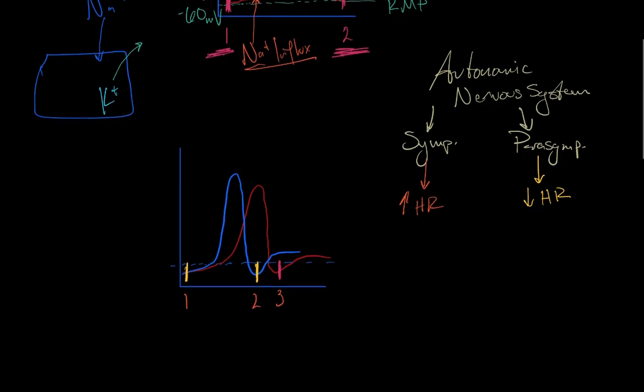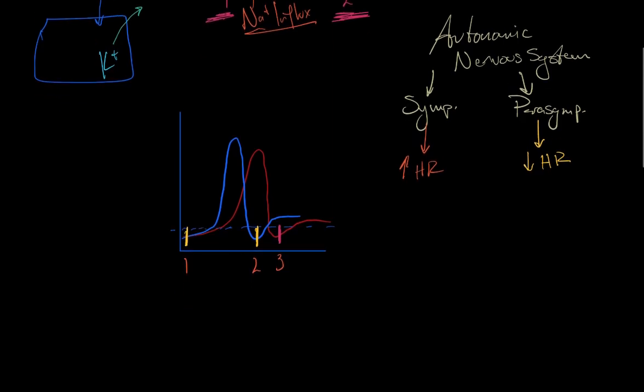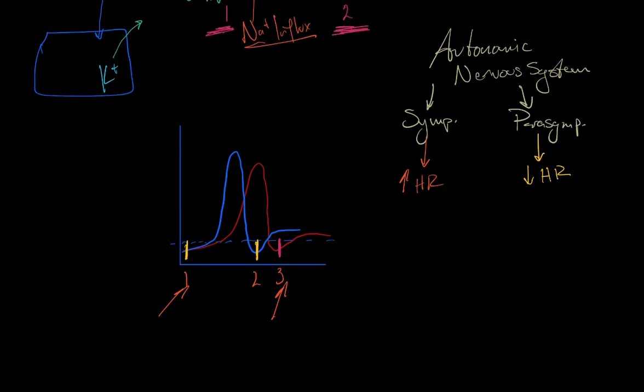Whenever we stretch it out and we go from number 1 to number 3, now we've lengthened those two events and we've decreased the heart rate, right? We've slowed the heart rate down just a little bit. And so that would be what would happen under parasympathetic control, right? So if we come back over here and think about parasympathetic,